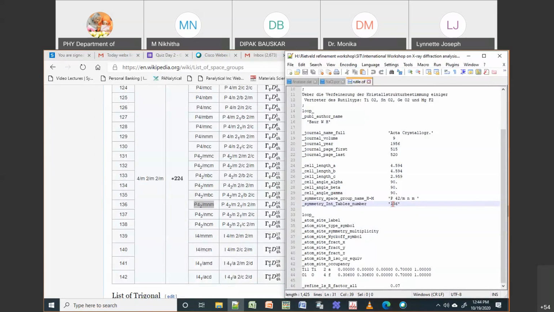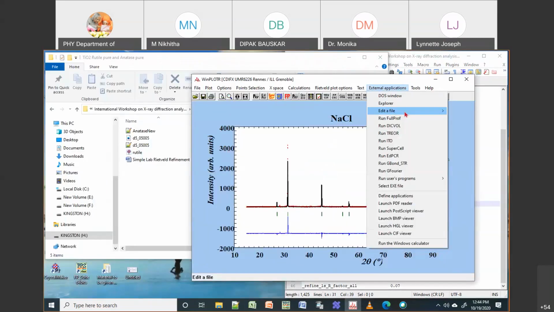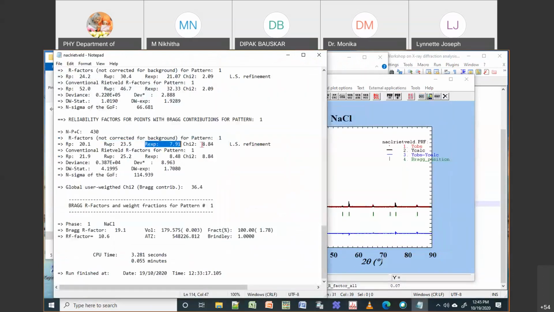Rp was 20, Rwp was 23.5, and Rexp is 7.91. So then your chi-square is around 8.84. So this is for your least squares fitting refinement. You will also find some more here.